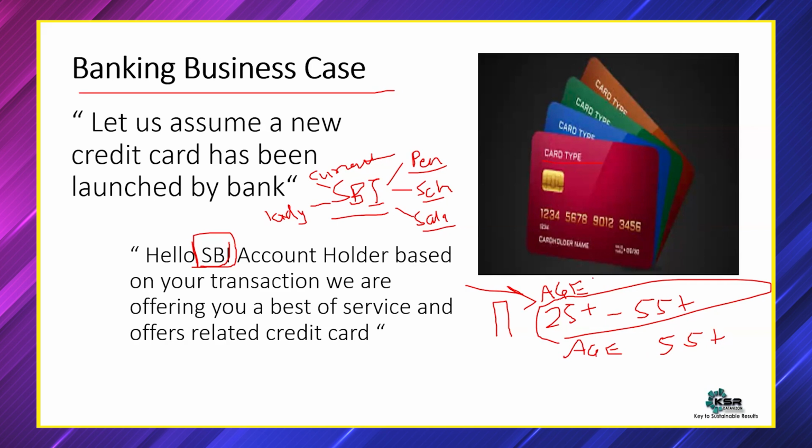Now, after this, what would the second filter criteria be? The second filter criteria would be: what type of account is it? Is it a pension account? People might get retired at the age of 45 also, and they'll start their pension from 45 or 46 itself. If you send an SMS, if you send an offer to that particular customer, it is simply a waste of service.